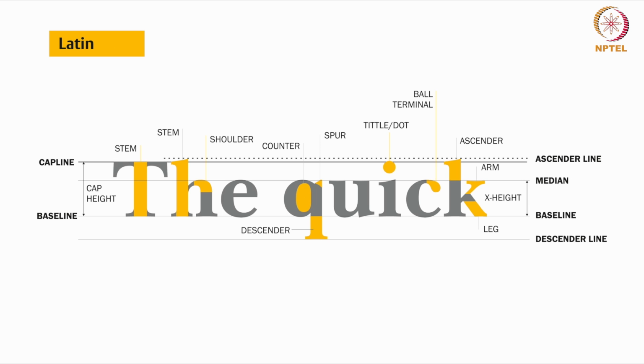Similarly, there is a descender line. In the bottom, this descender line is the part of lowercase letters like G, P, and Y, or maybe Q. This part is called the descender, and where it sits is called the descender line. Stem is the main vertical stroke in a letter. So this is the stem, like in letters T, L, all those letters. It is usually the thickest part of the letter.